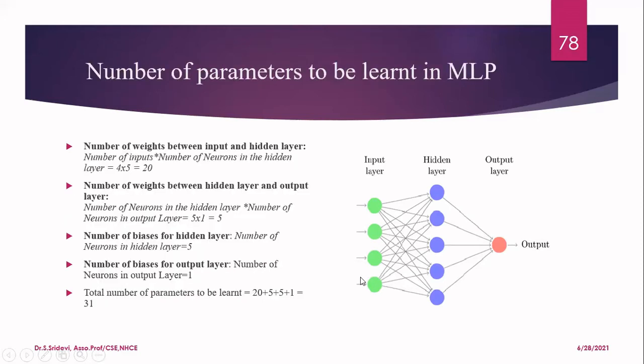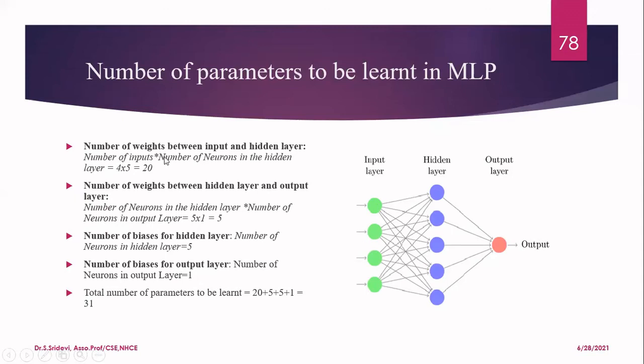Now, let us see how many parameters you have to learn when you go for this particular network. In the AND gate and the OR gate that we have seen in the previous example, totally we have learned only 3 parameters, W0, W1, and then W2. Okay, but if you consider this particular network, how many parameters does your network have to learn? That is nothing but how many weight values it has to learn. So once the circuit is given, you should be able to identify that.